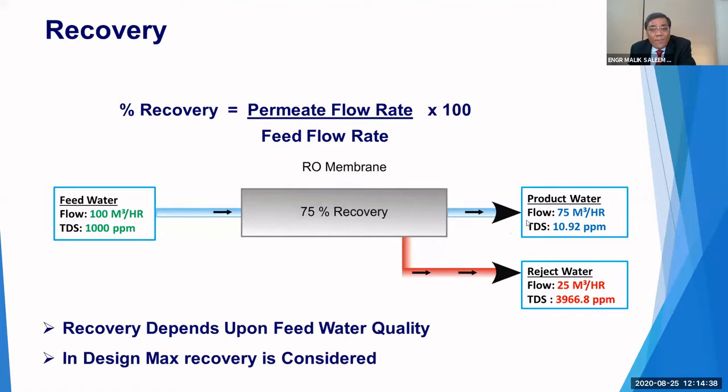I have created an example. You can see here, if we are feeding 100 cubic meter per hour of water with a TDS of 1000, at 75% recovery, if we have the membrane modules there as in RO plants, the product water will have 75% recovery, meaning 75 cubic meter product, and its TDS will be around 10.92 as per design projection. And all the salt will be passing in the reject water. 25% is the reject, which in this case is 25 cubic meter per hour, and its concentration will be around